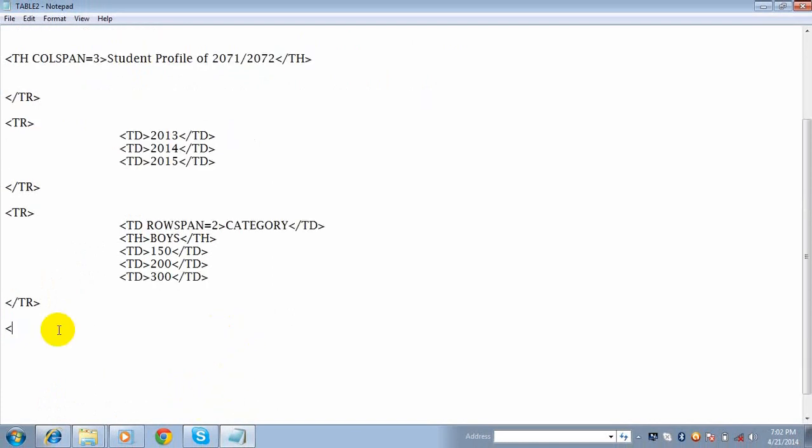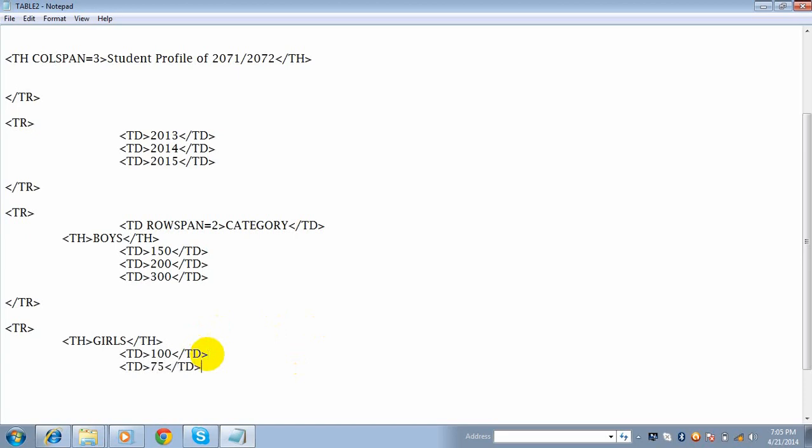So let's insert more data. Again, begin the new row. Table heading is girls from girls side. Okay. Now let's insert more data. Let's close this table heading. Specify the table data. We can use in 2014. Okay, 75 only girls students were passed.